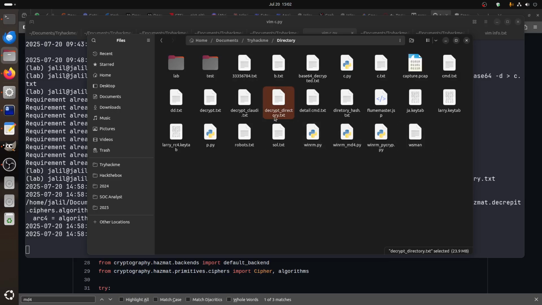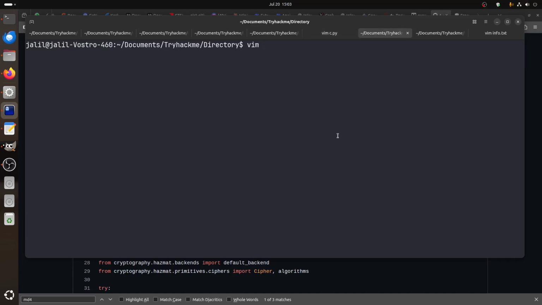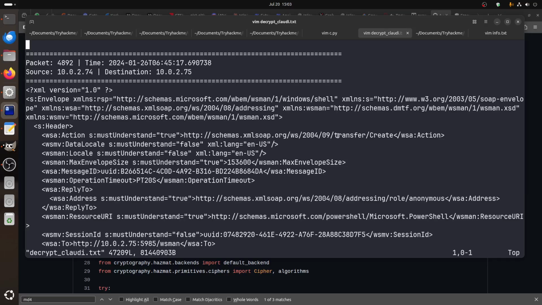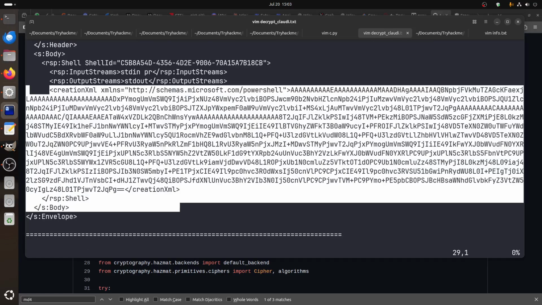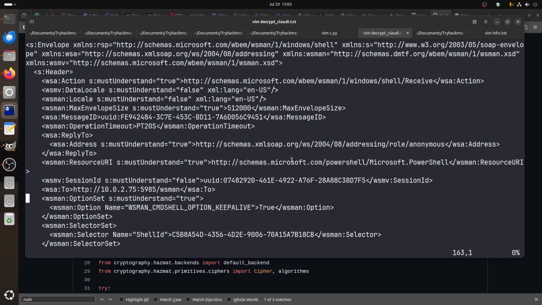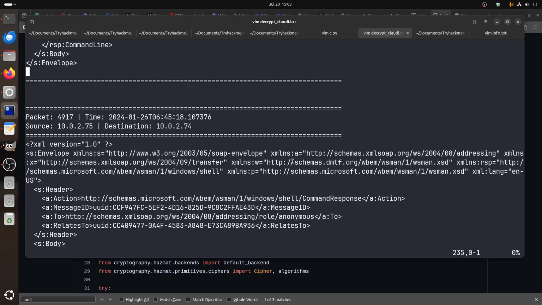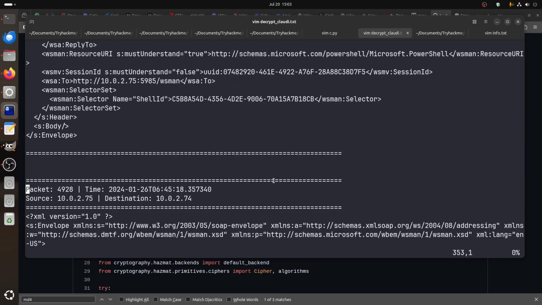Let me show you what I think it is, because of decrypt Claude. Let me do this quickly. Vim decrypt, the one I did this morning. This is how the result looks. So remember, you get all this base64. The first script just decrypts the NTLM data, but this one will give you the whole communication. So you get all this data in and out, and then we need to find a way to